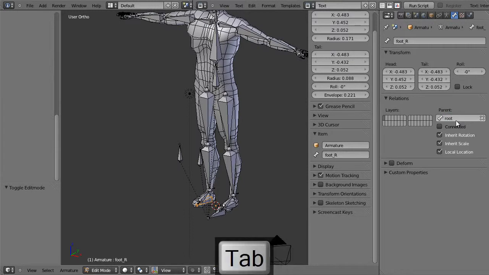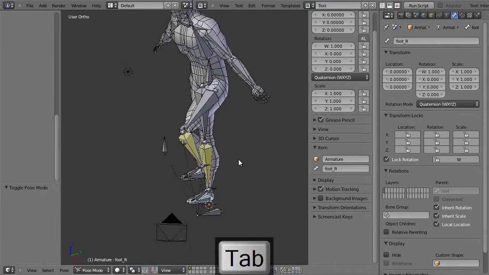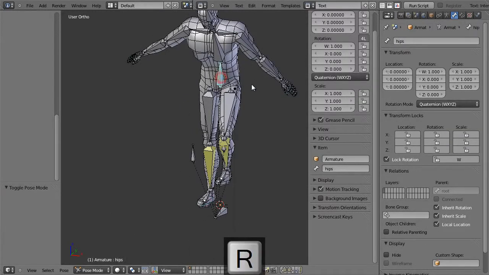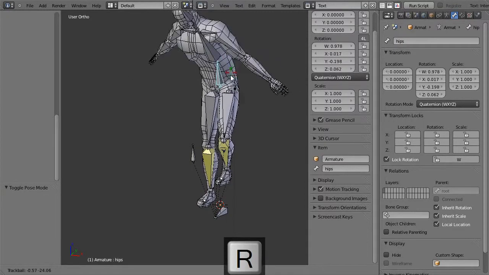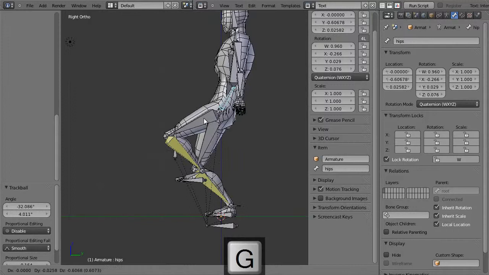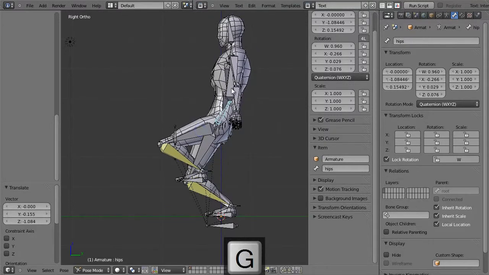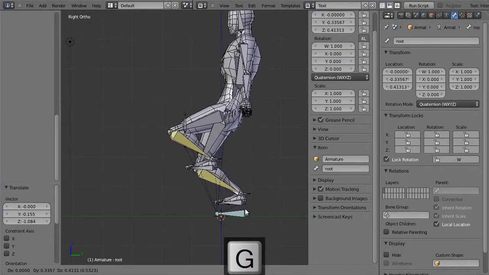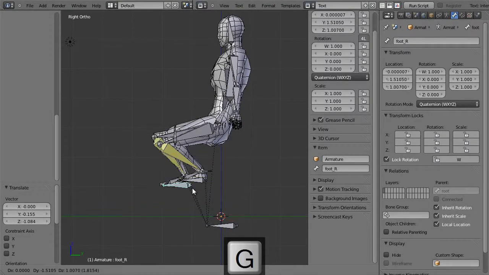Root. So now, that's pretty neat. A little silly looking, but